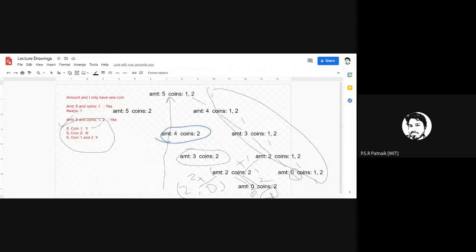So the dynamic programming here is identifying the subproblem and storing the result somewhere in some data structure, so that in some remote part of that subtree, if the same call gets repeated, I will not traverse the branch below it, but I will directly use the result which I pre-computed in some kind of table. So that's the dynamic programming here.